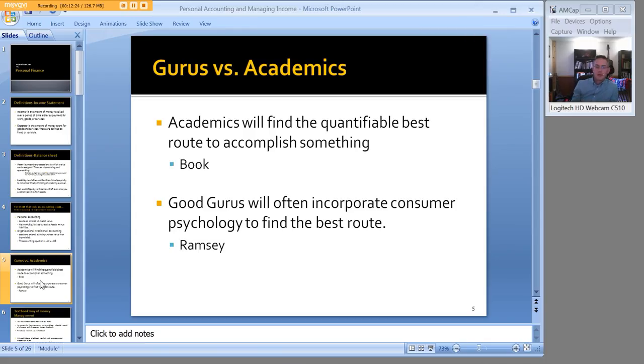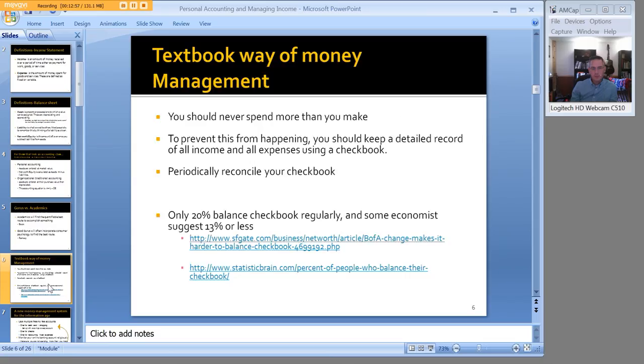Now, kind of interesting, even though you're going to pay out more money because you're paying the lowest loan first, regardless of what the interest rate is, a Time magazine article actually compared Dave Ramsey's suggested way of doing things versus more of the academic way. And they found, as Dave Ramsey suggests, that people were more likely to follow his program than they were doing something the quantifiable best way. And that, again, is because of consumer psychology. Now we kind of get into this idea of the